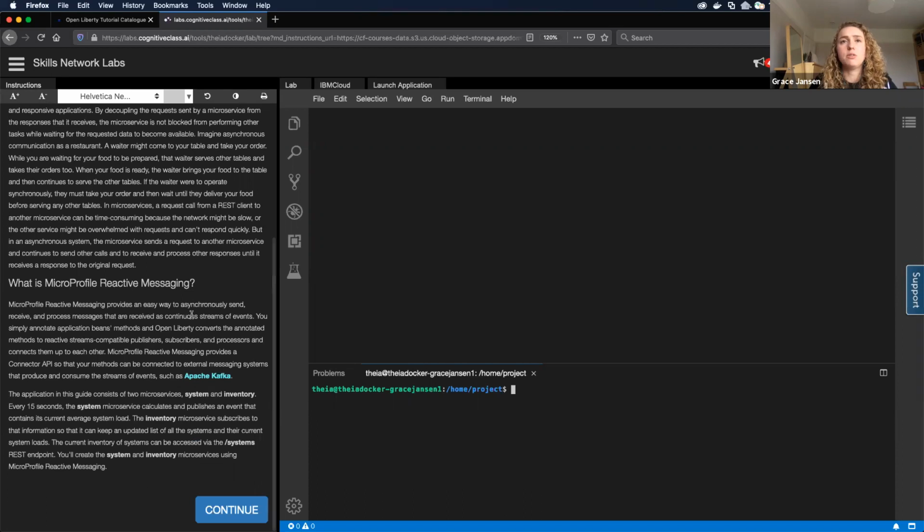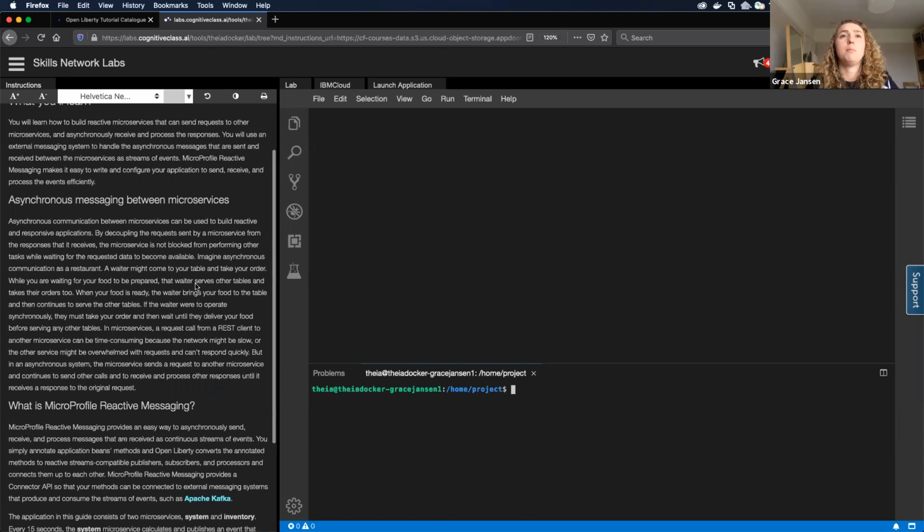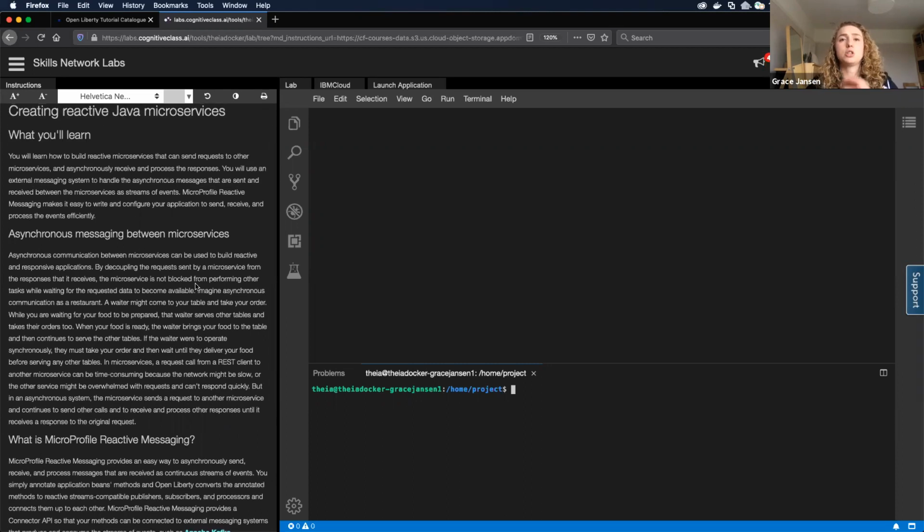These interactive labs are all based on the same application. It's essentially got two microservices: the system and the inventory. With the system microservice, it essentially takes a snapshot of your computer's usage, and then it gets sent to Kafka.